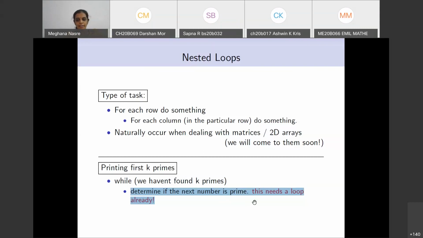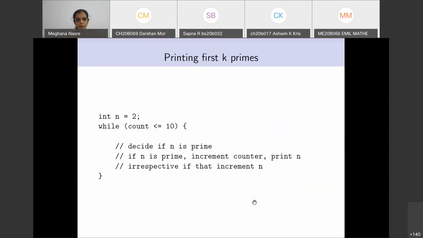Again, I will have a template of this program here. So this is how we will try to write our program. We will start with n equal to 2, because that is the first element that we will think of as a candidate for being prime.